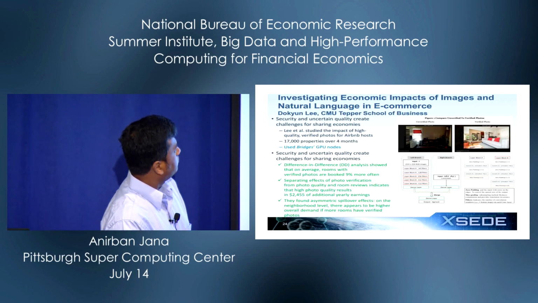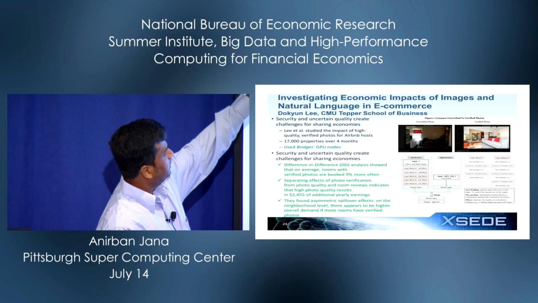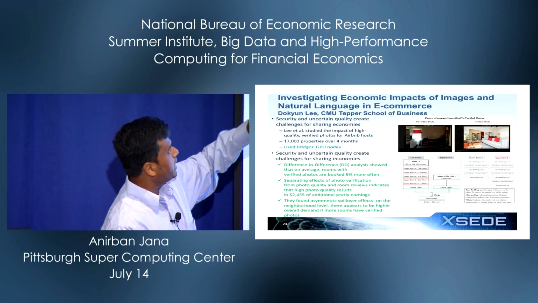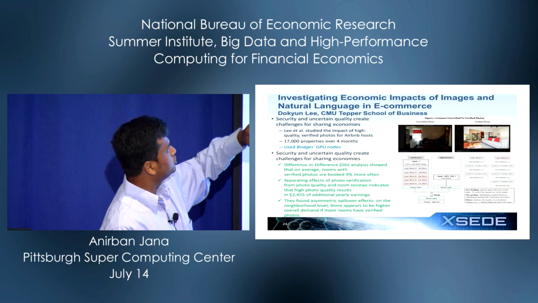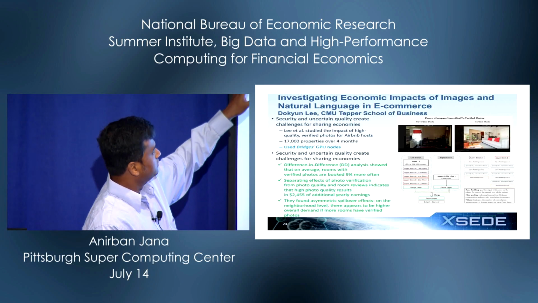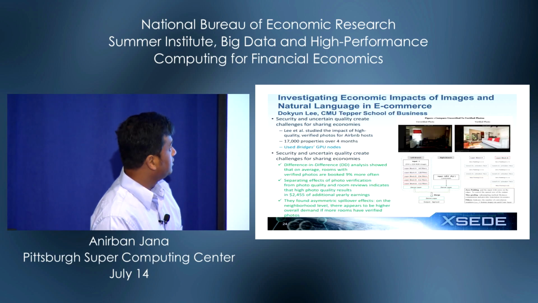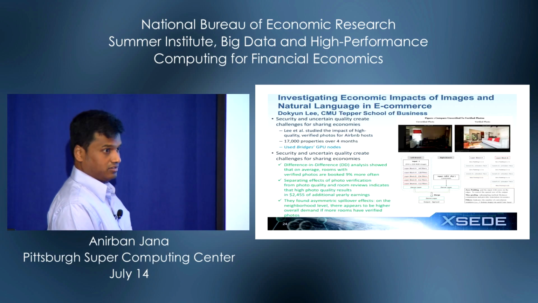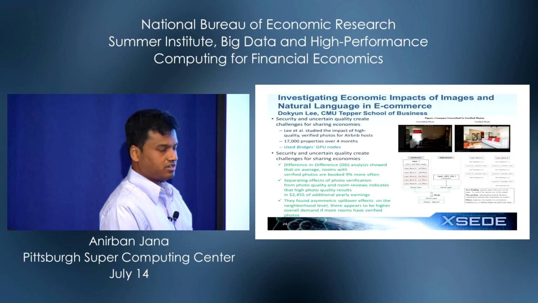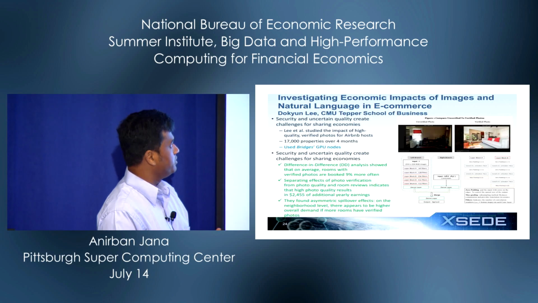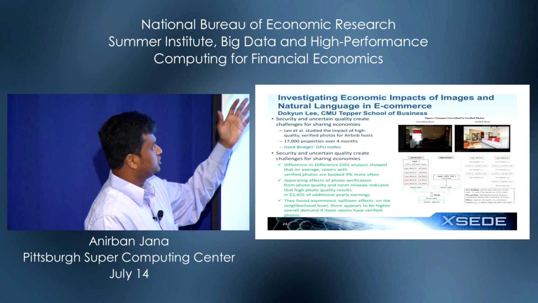This was done on Bridges, and the PI was at Carnegie Mellon's Tepper School of Business. In the project, four months of data for 17,000 Airbnb properties were analyzed using Bridges GPU nodes,